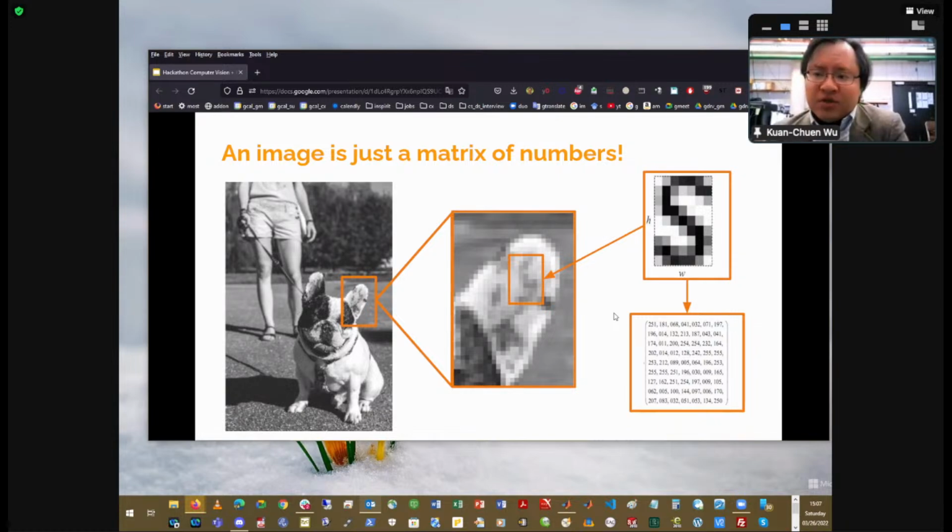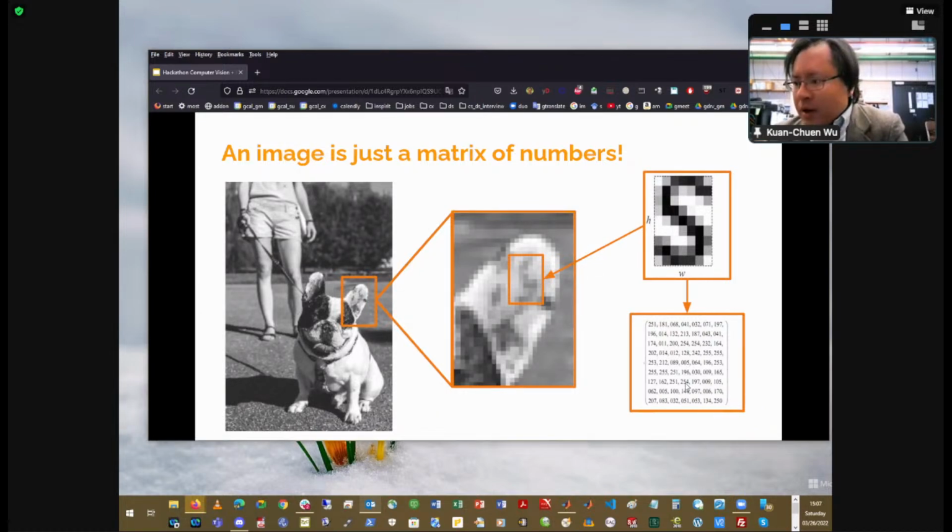An image can be thought of as just a matrix of numbers. You see the pixelation here in the middle. One instance of this is suppose we have the letter S or that portion from the dog's ear. And you can convert it, if it's a grayscale image, to a matrix of numbers, grayscale values,